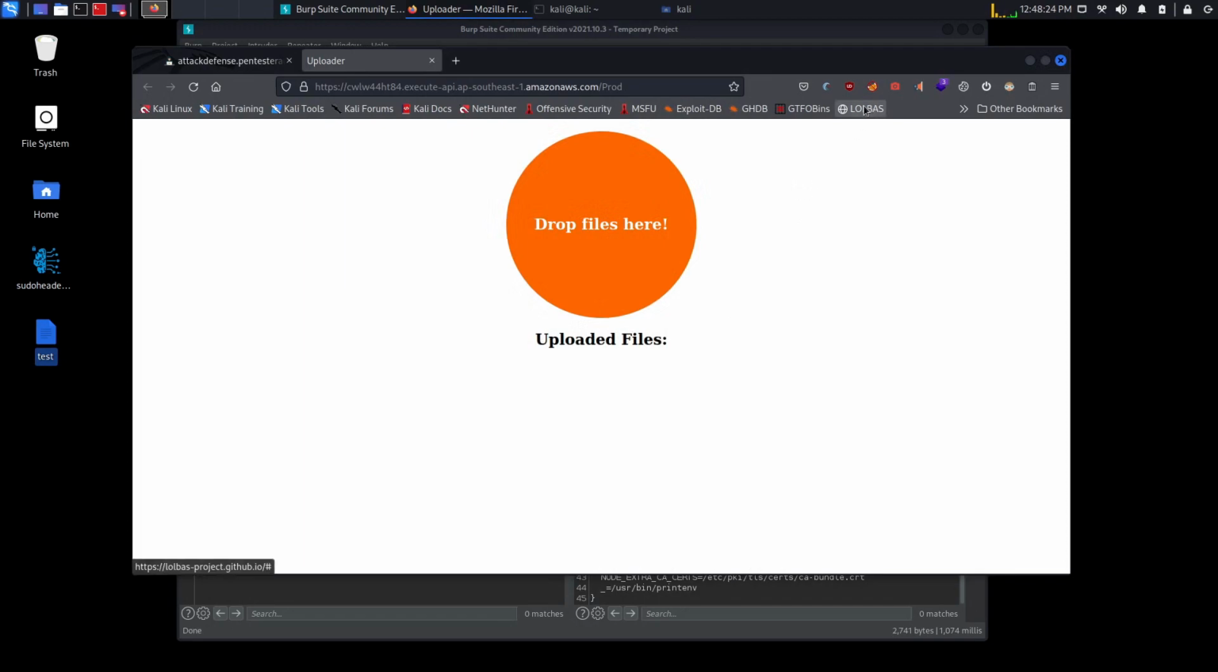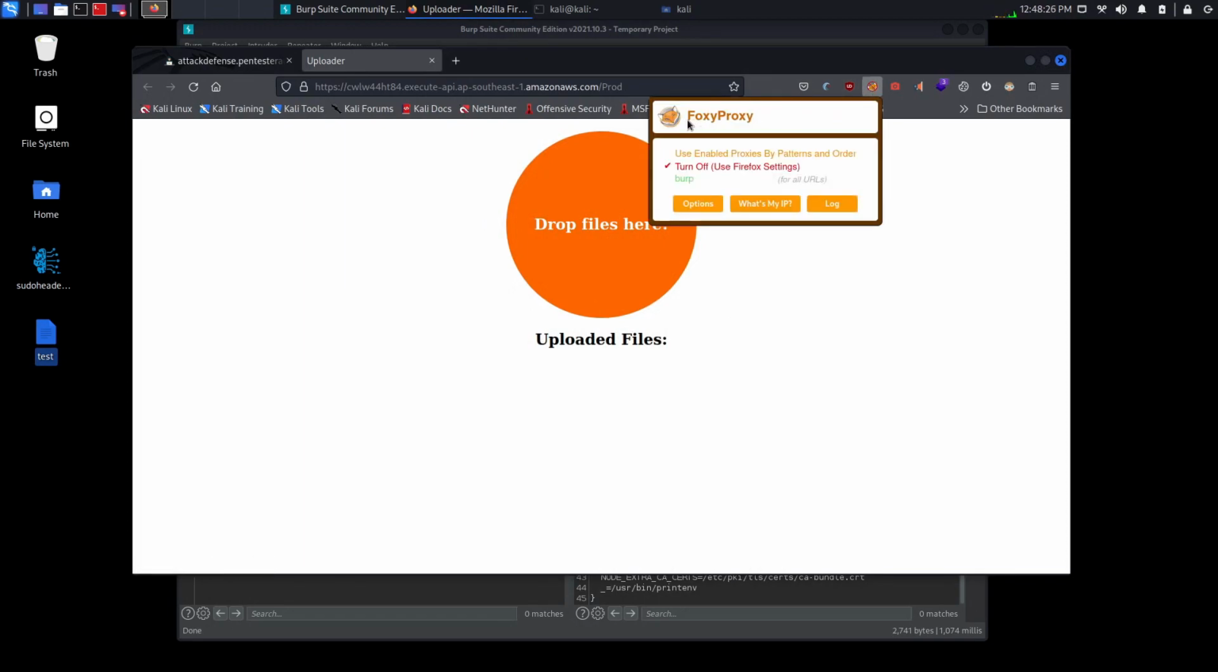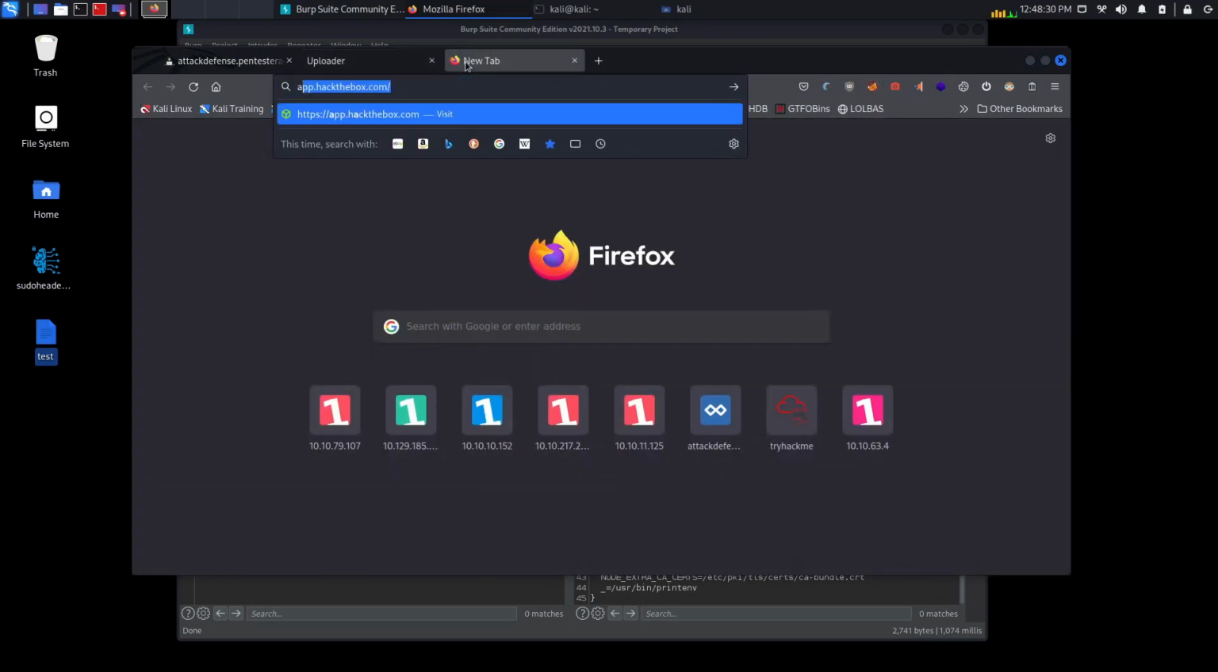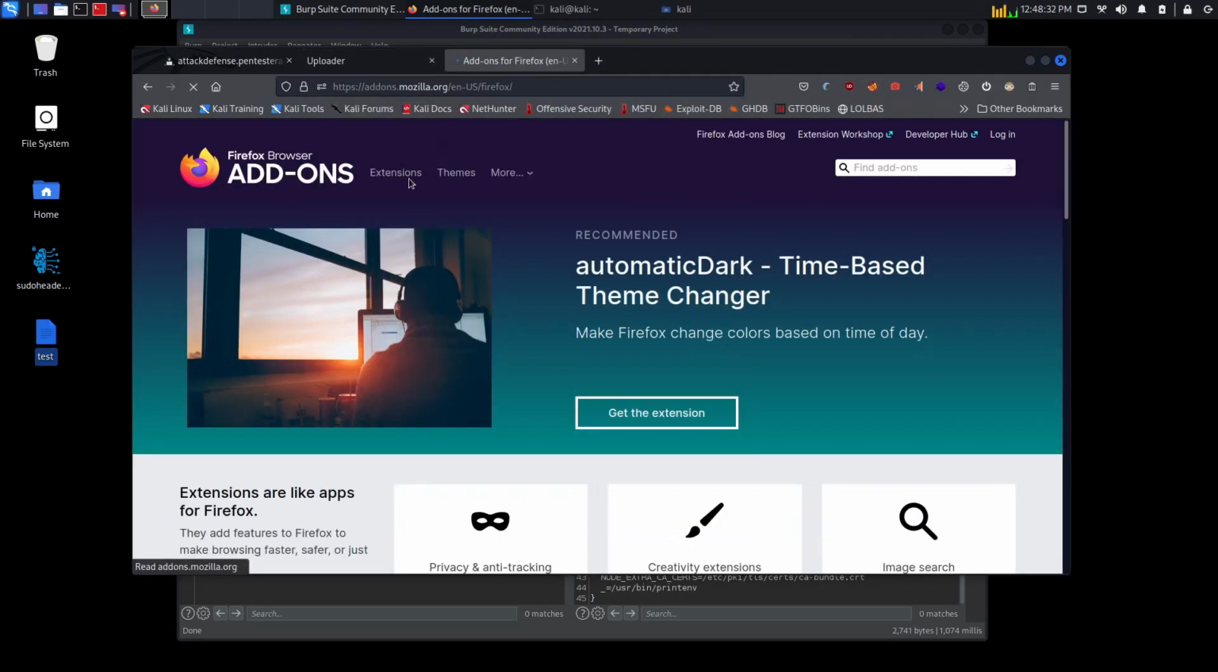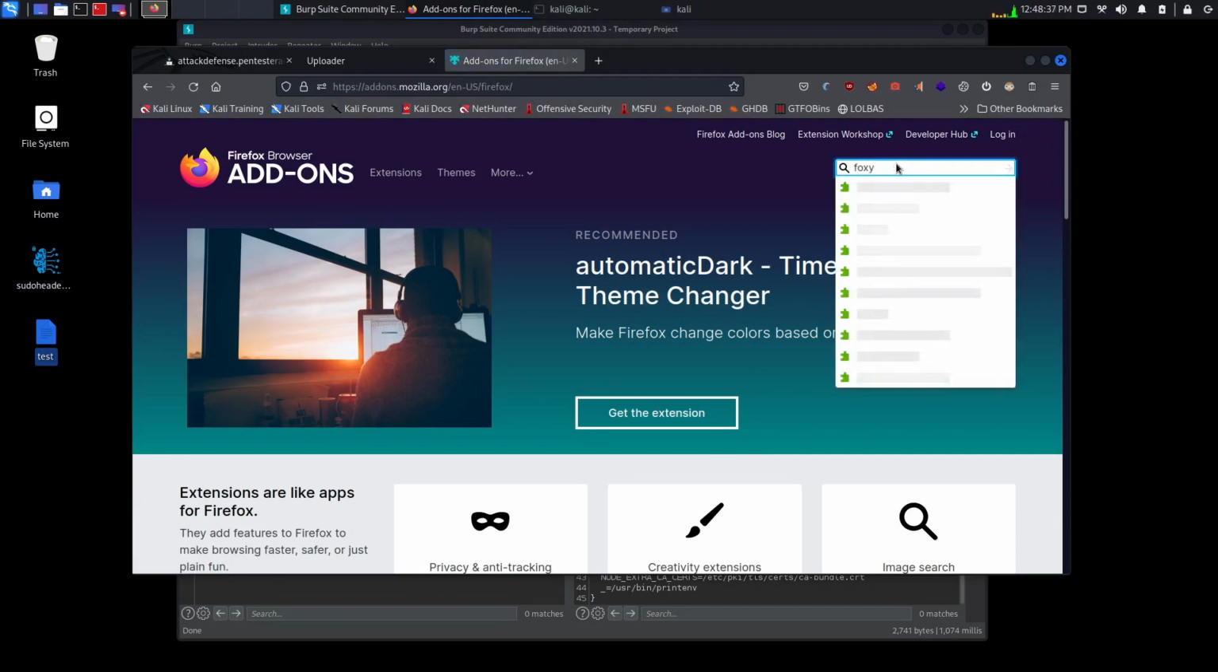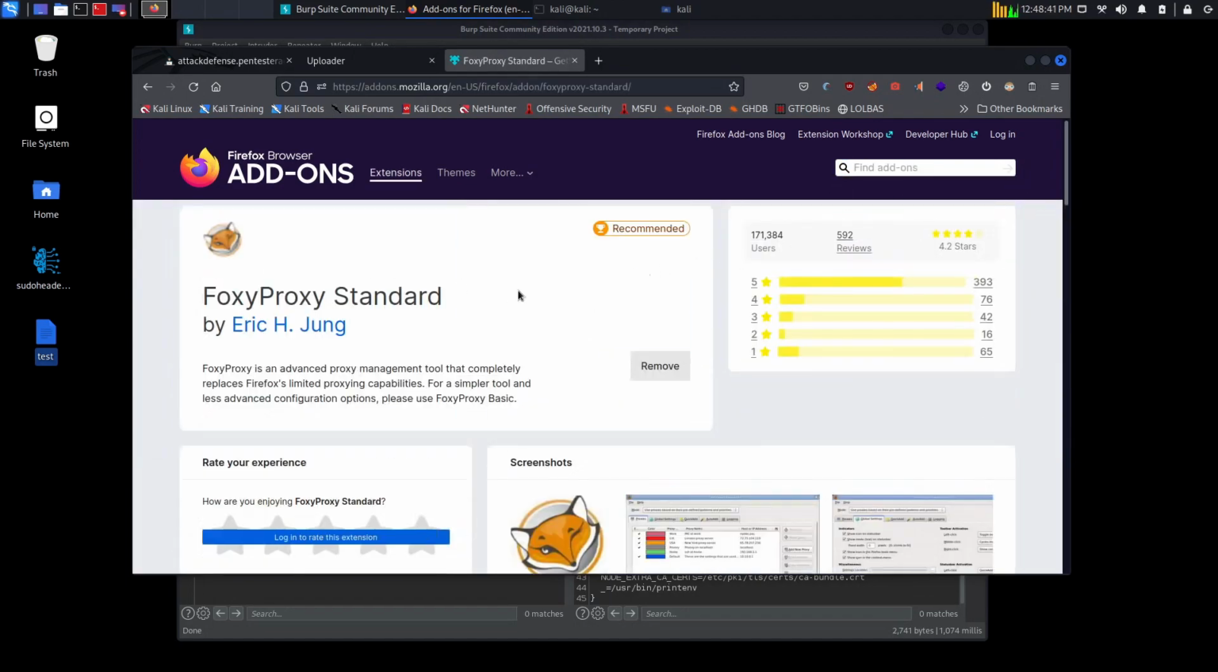So what we're going to need to do is install the FoxyProxy extension on the add-on. If you go to addons.mozilla.org and search for Foxy, you want the standard one, and make sure to install it. And after you've installed it,